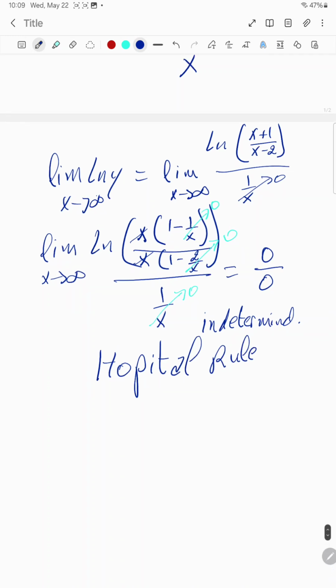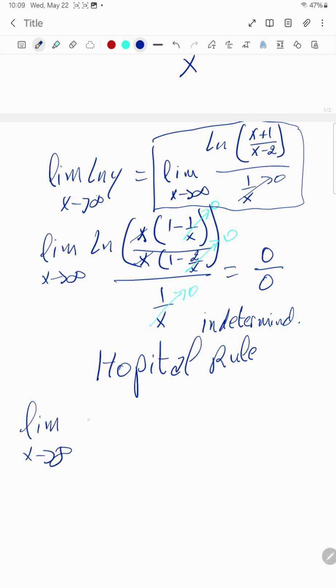So all I have to do is go back here and do the derivative of the numerator divided by the derivative of the denominator. But let's make my life easier again. So I had the limit when x goes to infinity of ln((x+1)/(x-2)) divided by 1 over x. But again, if I use the logarithmic rule, ln of (x+1)/(x-2),